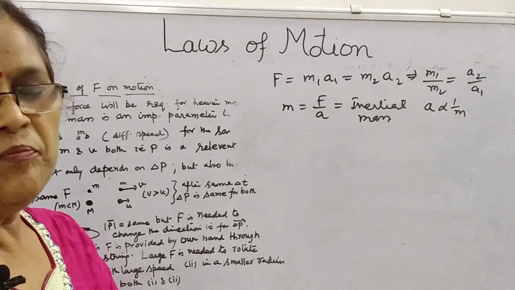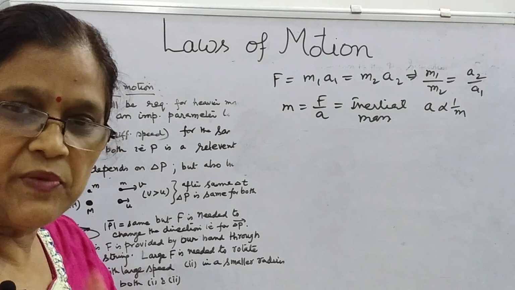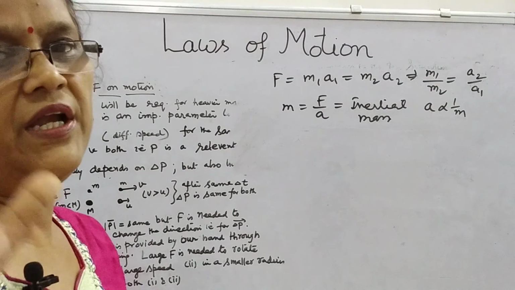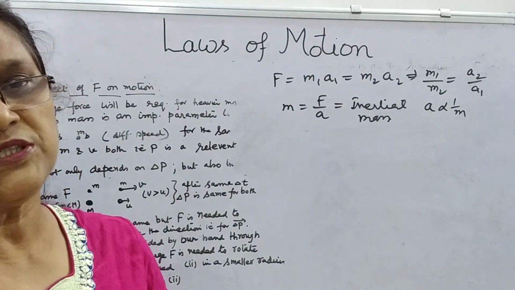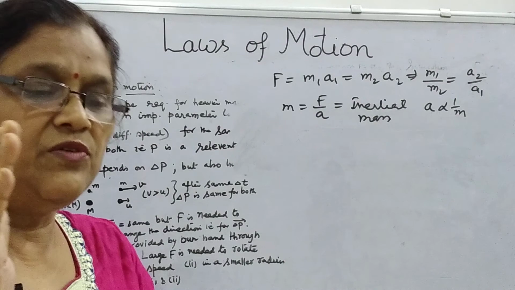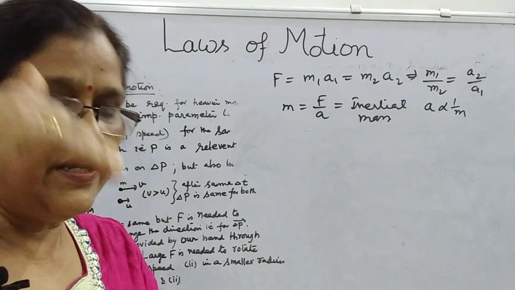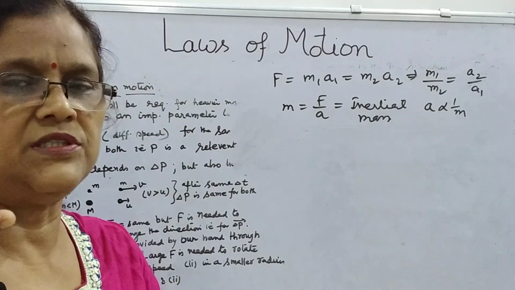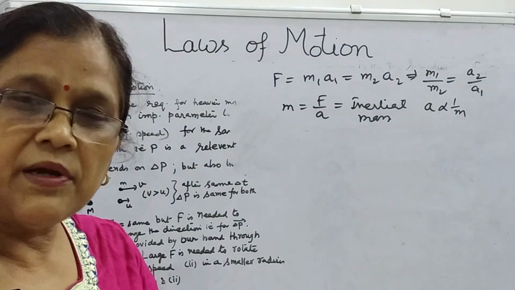Now, impulsive force, another term in the second law of motion. What is impulsive force? Whenever a large force is applied for a short interval of time on an object and it produces a finite change in momentum, then this force is called impulsive force. Impulse is positive if momentum increases, negative if momentum decreases, and zero if P remains constant, that is, momentum doesn't change.